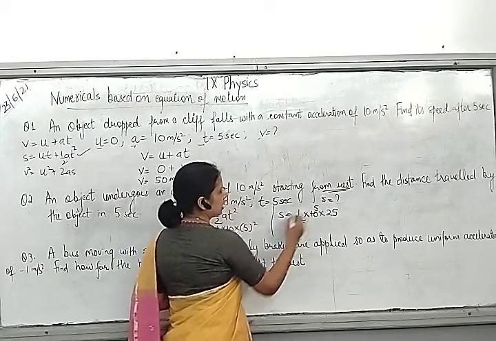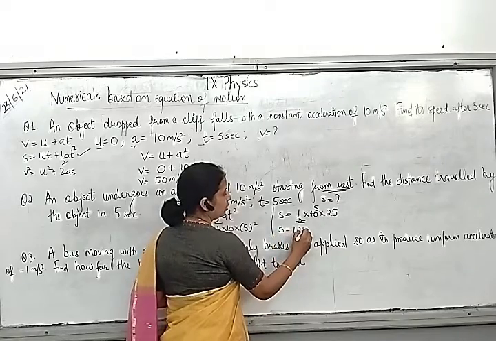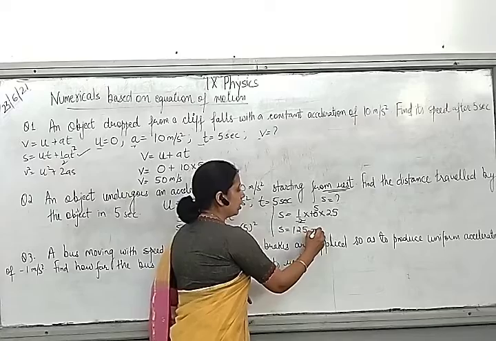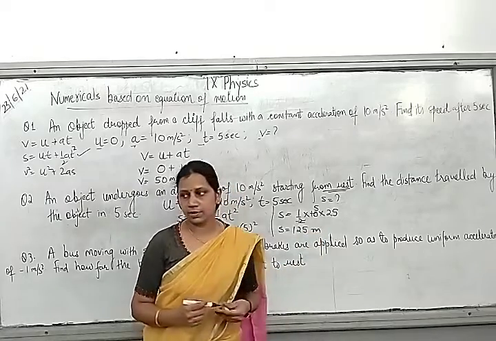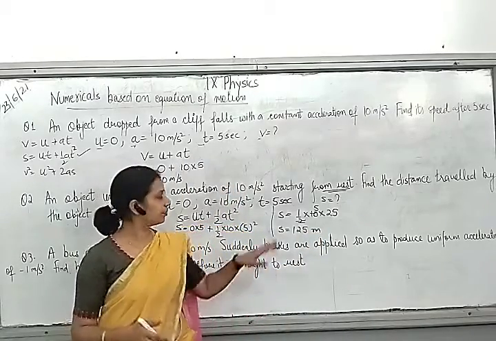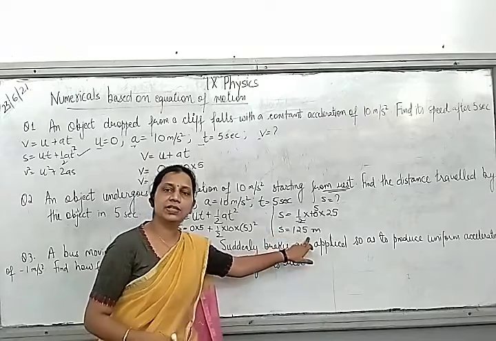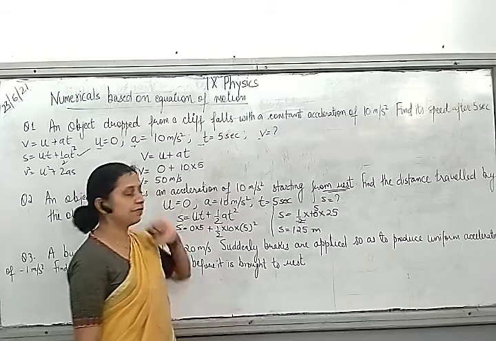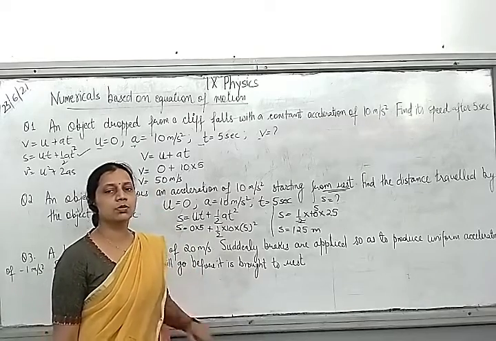Second, cut this. So the distance covered is 125, and what is the standard unit of distance? Meter. So 125 meter. Okay. So the distance covered after 5 seconds is 125 meter. Velocity after 5 seconds is 50 meter per second. Now let's move to question number